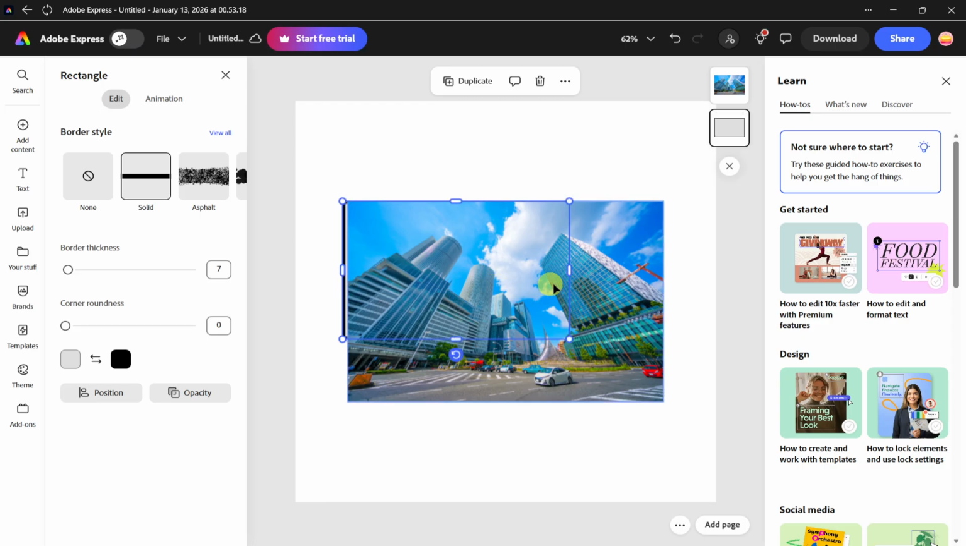To make the border stand out, consider changing the shape's color in the Properties panel and matching it to your brand or the mood of the photo. That's it. You've added a clean border to your image in Adobe Express using simple, reliable steps. Save your project when you're done, and